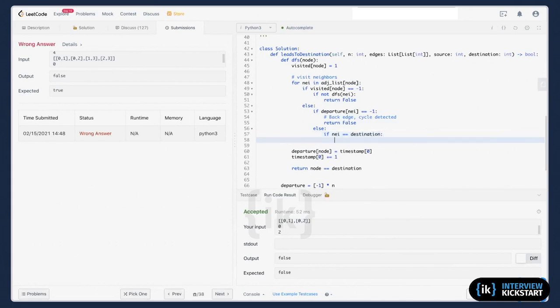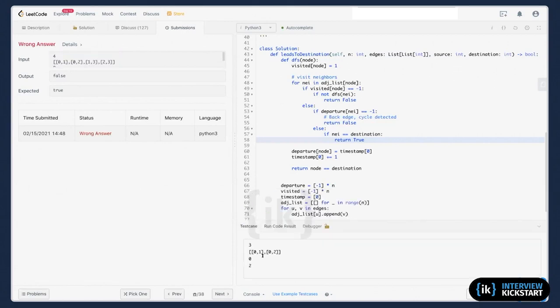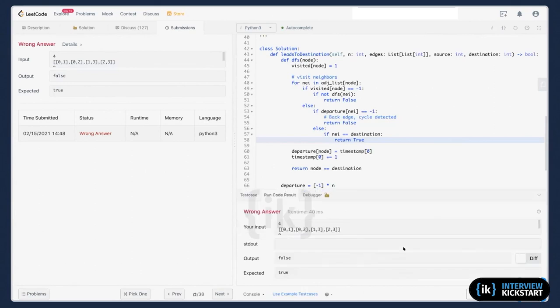Should return true. Does this one work? Okay, let me see. Still not working.